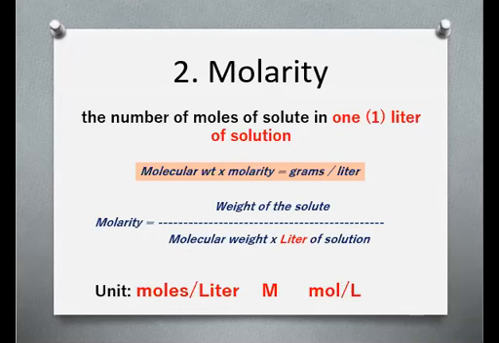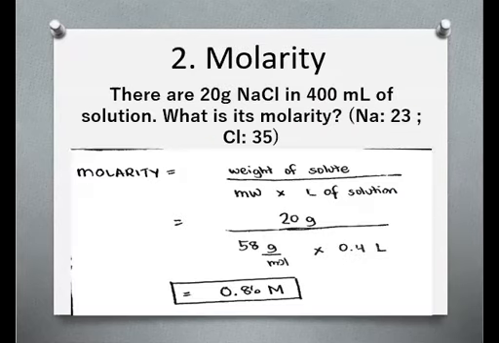Okay, so let's now have examples. For the first problem, there are 20 grams of sodium chloride in 400 ml of solution. What is its molarity? Again, we will give the atomic weights, so you can solve for the molecular weight yourselves. You have only one formula for molarity: molarity is equal to the weight of solute divided by the molecular weight times liters of solution. So you just plug in the values. 20 grams divided by, what is the molecular weight of sodium chloride? That's 58 grams per mole. Times